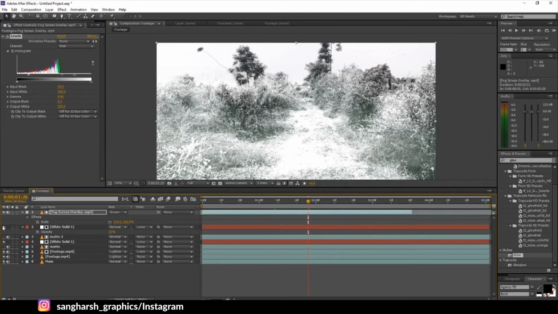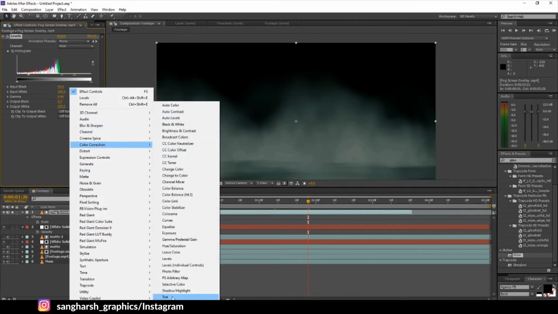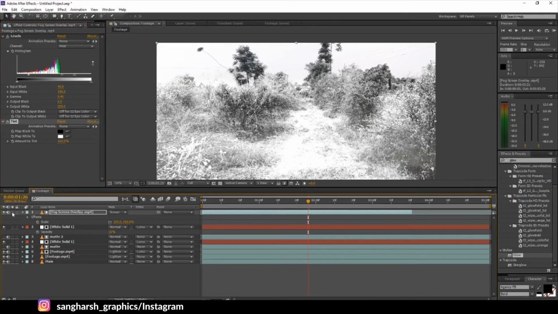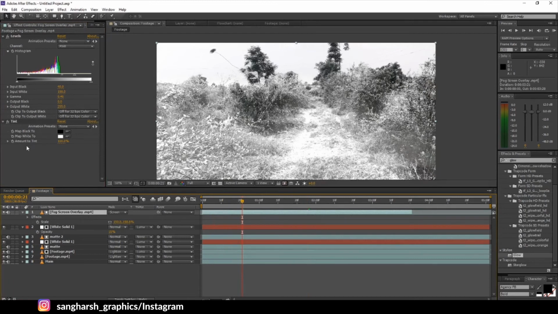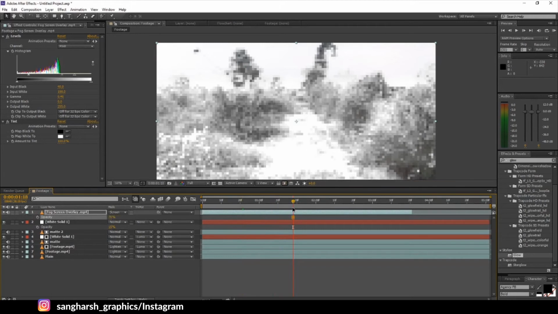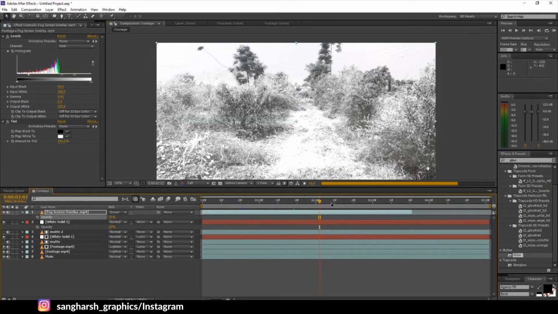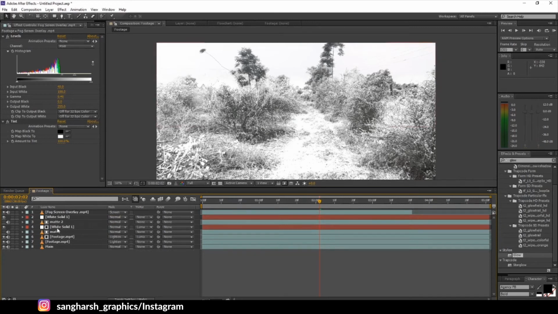And as you can see, we have something green here, so go to effects and control, color correction, make it tint. Now it's black and white. Oh, we don't need it as a matte. Just no track matte. Okay, just decrease its opacity up to 70. Nice. Let's make it 40. Good. Now just one last thing is remaining.